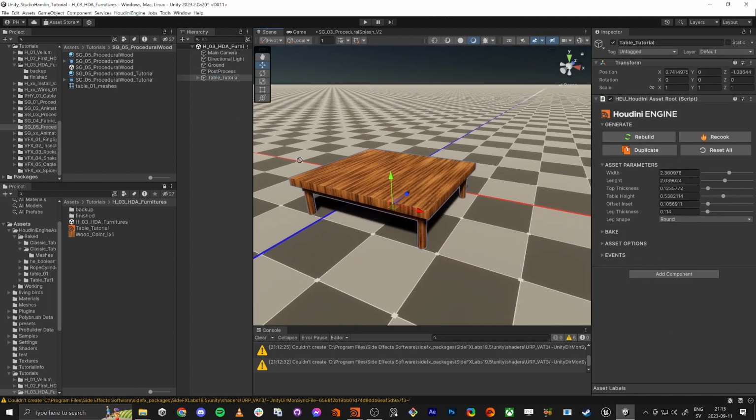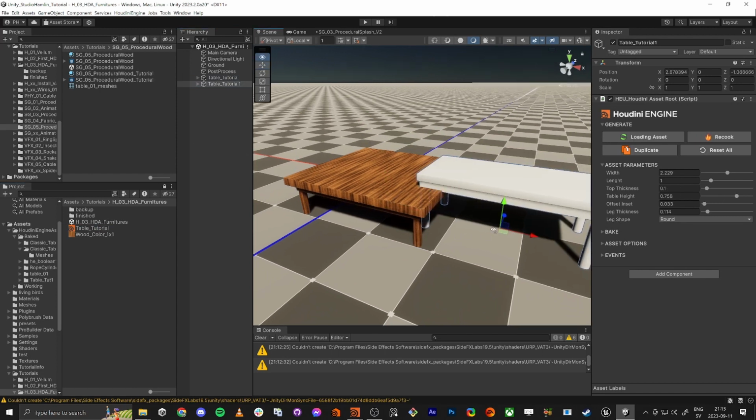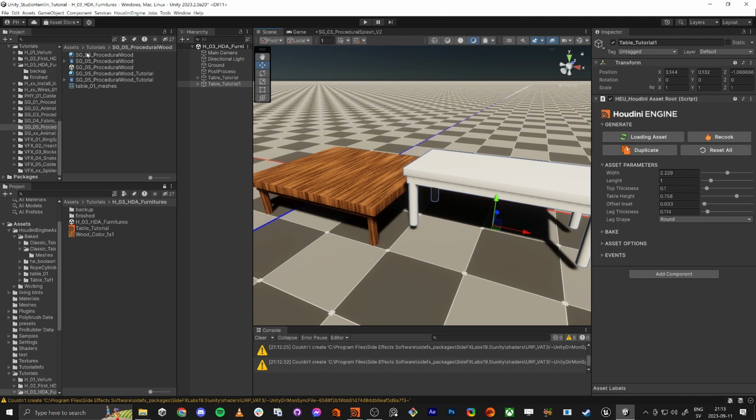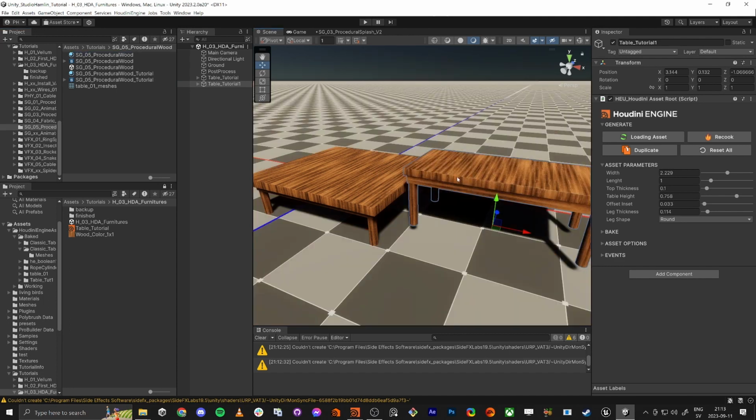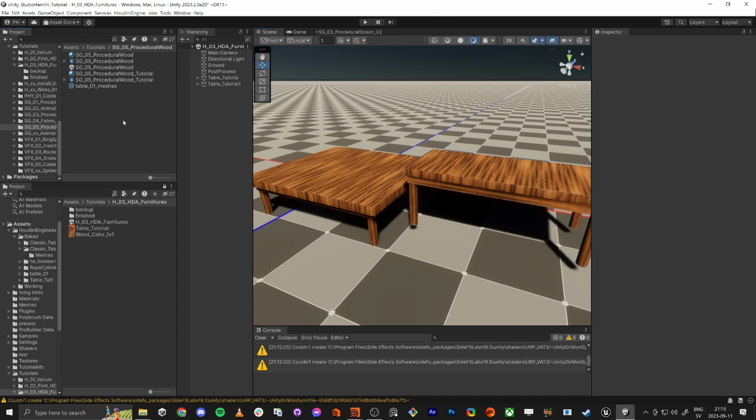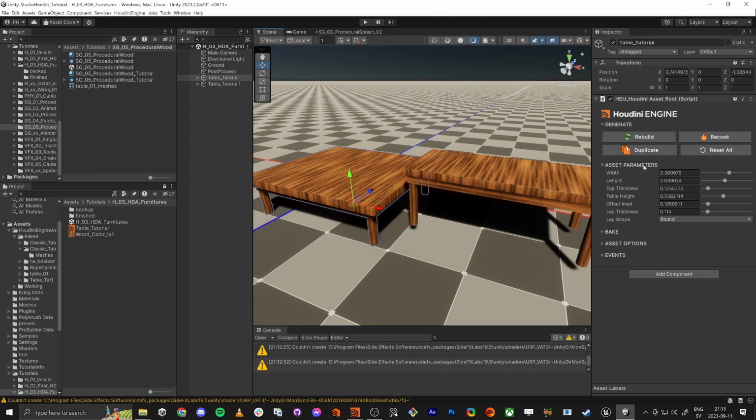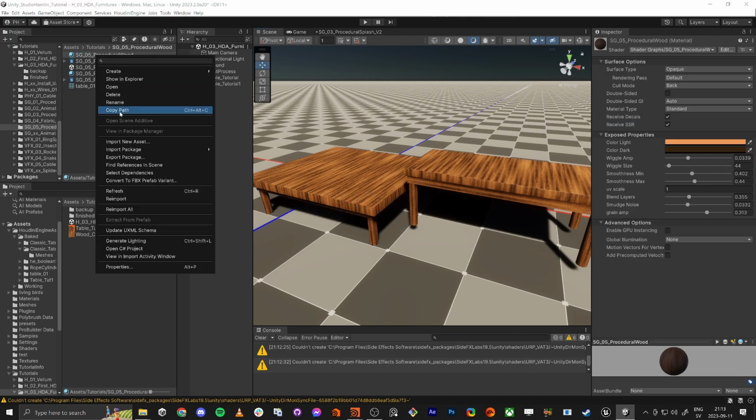But the thing is, if we drag and drop this asset again, we need to pull the shader again like this. But we can actually, in Houdini, just set the correct shader immediately. So if we do here on the shader we want on the table, of course you could expose somewhere to put it, but you can also hard code it like this. So if we do right click, copy path,